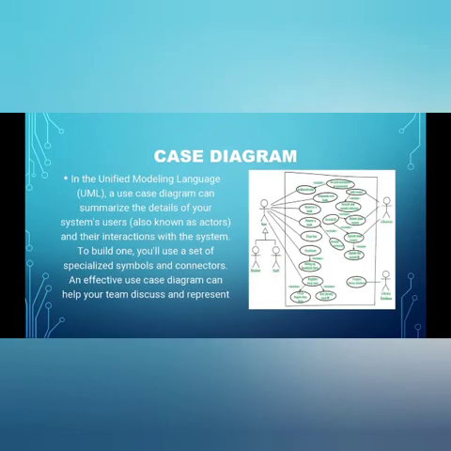Use case diagram. In the Unified Modeling Language or UML, a use case diagram can summarize the details of your system's users, also known as actors, and their interactions with the system. To build one, you use a set of specialized symbols and connectors. An effective use case diagram can help your team discuss and represent